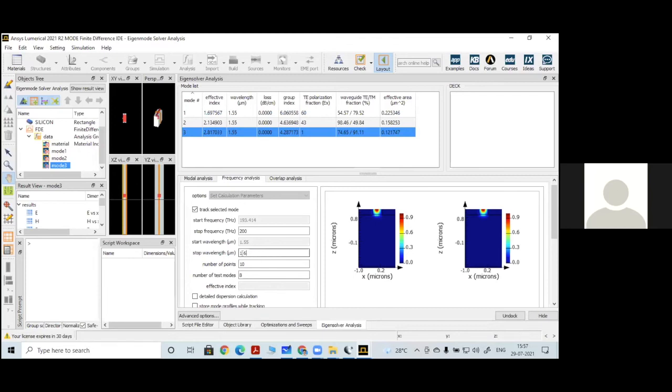So I will give the stop wavelength as 1.6. Then I will get the variation of the effective index and even the variation of the loss, variation of group index, and one more important parameter will be dispersion. So dispersion calculation, even the beta calculations, everything will be included in this frequency analysis.